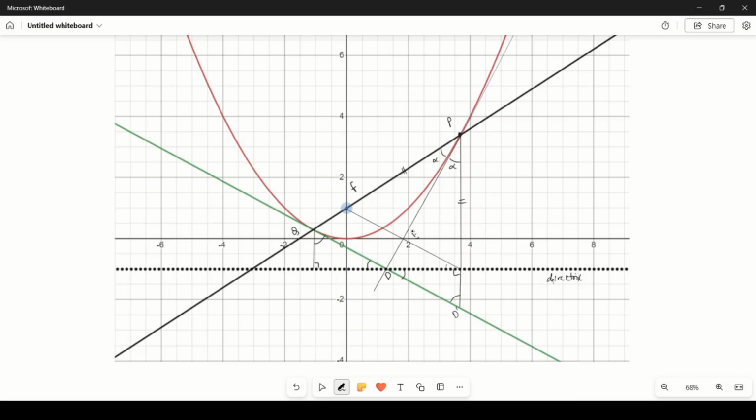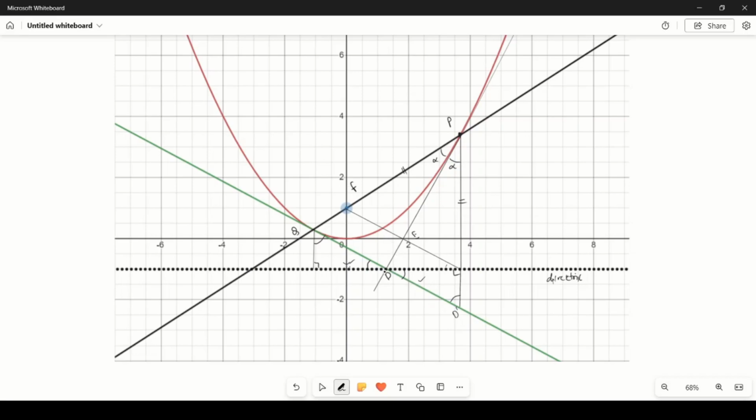So now we have that QDP is an isosceles triangle. If that is an isosceles triangle, it means that QD is the same as D prime, which means that we have shown, because these two triangles are similar and they have one of the same sides, that these are congruent, which means that